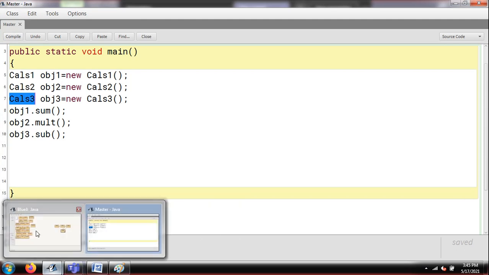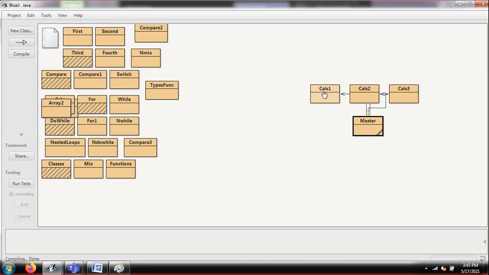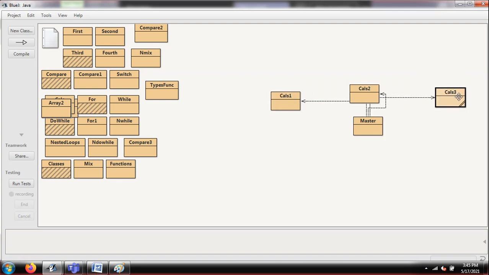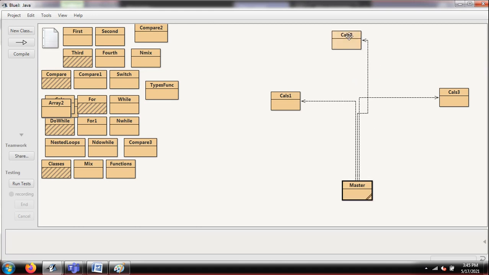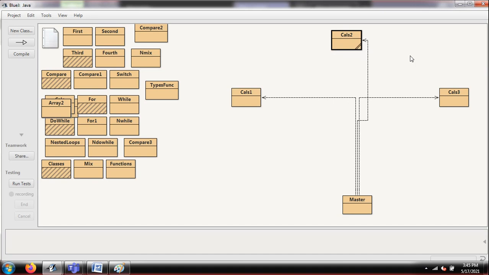I'm coming back to my main class, that is the master class, guys. You can see one relation in between. You can see the arrow will appear automatically. You don't need to do anything. This arrow will appear automatically. What is the meaning of this arrow? Because I have connected all three of my classes with this master class. Now you can see a proper relation between all my classes. You don't need to create these arrows; you will get them automatically. You can see here my Cals1, Cals2, Cals3, all three classes are connected to my master class, guys.